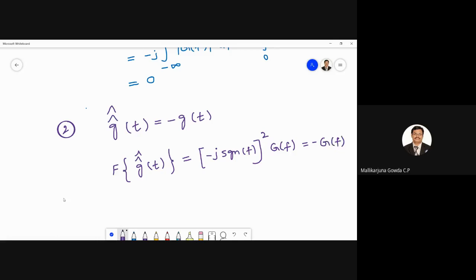So this is how we prove the second property, that is taking the Hilbert transform twice to a signal leads to sign reversal of the signal. If they ask you to prove that, this is what the proof is. Take the Fourier transform, write it, and then we can say what that is. The same way we can do for the first one also. How do we say its magnitude is the same, for the signal as well as its Hilbert transform?